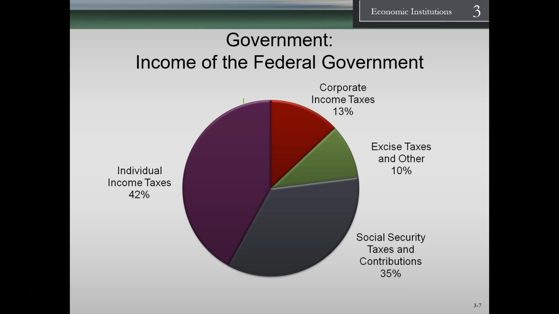Now we're taking a look at the federal government. Where does the federal government get their money? They get the majority of their money from individual income taxes. So 42% of the money that goes to the Fed is coming from us, of course, in the form of federal income taxes. Obviously, the federal government doesn't make and sell anything. All the government money is coming from the citizen in some way. Then we have the corporate and income taxes, which are 13%. We have the excise tax at 10%, and Social Security taxes. That's going to be Medicare and Social Security.